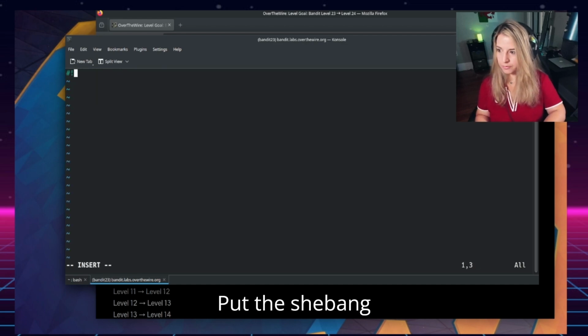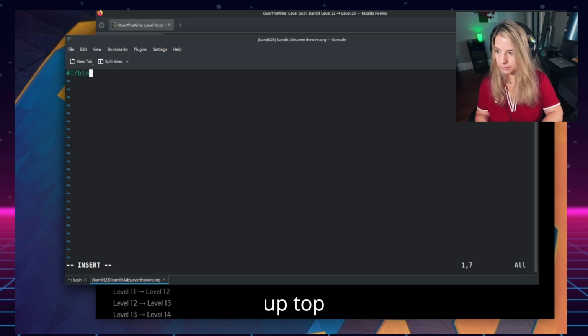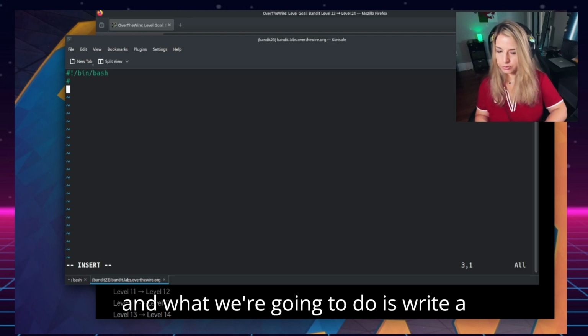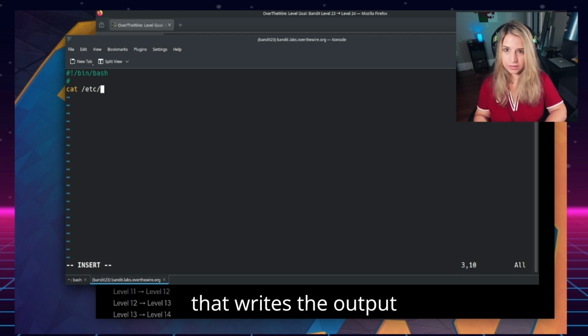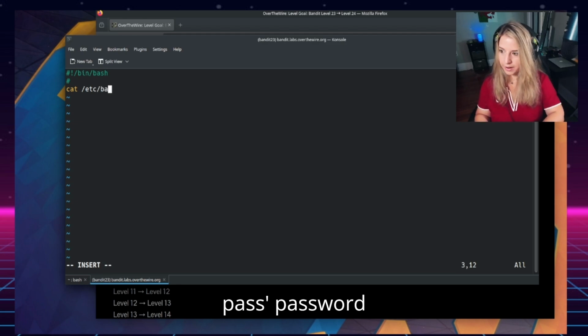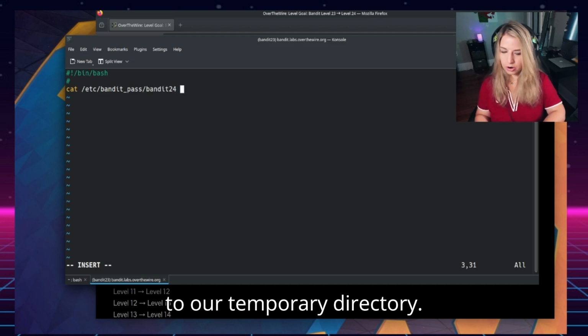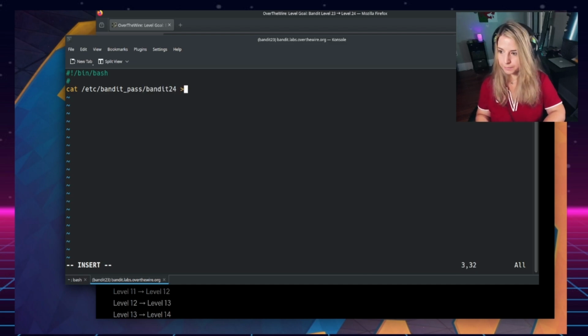Put the shebang up top. And what we're going to do is write a script that writes the output of the bandit24 password file in /etc/bandit_pass to our temporary directory.